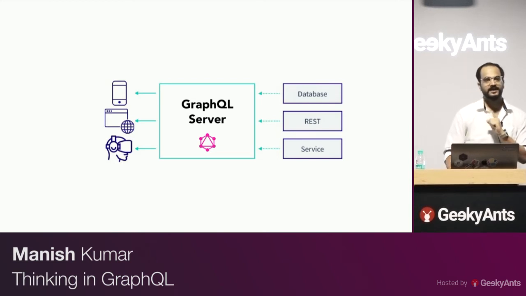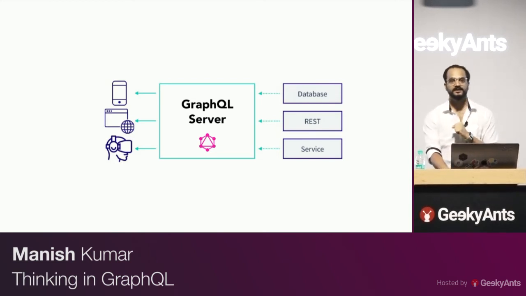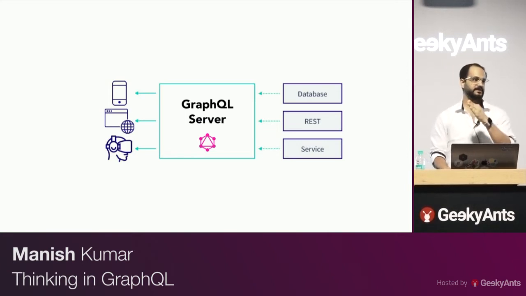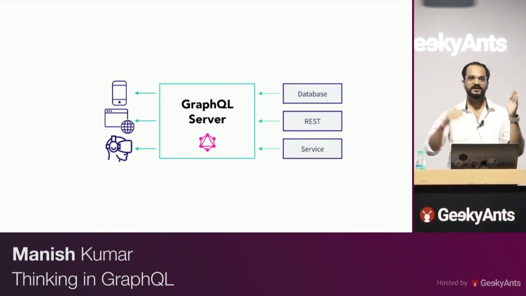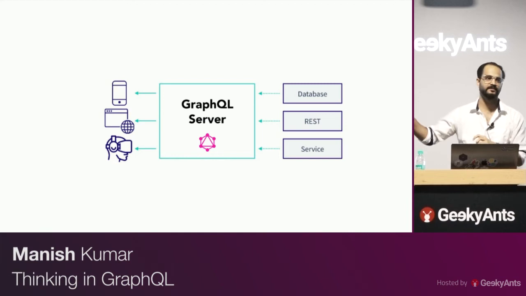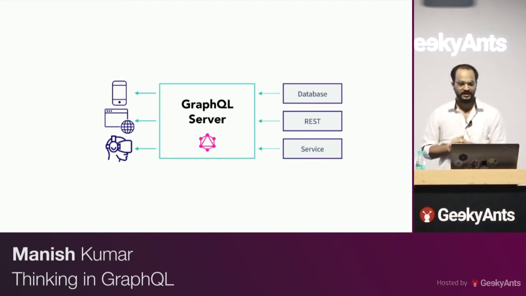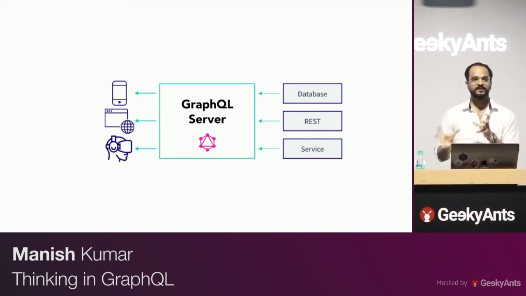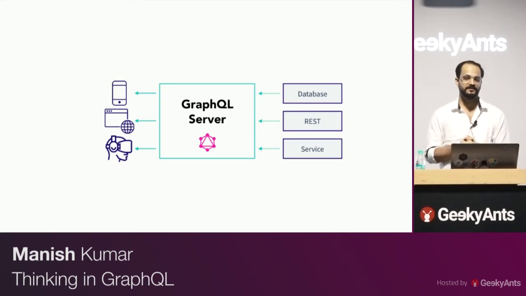And I've seen many people comparing it with relational DBs, that when you talk about a graph, there is a relationship, right? So there's a user and there's a relationship with comments and posts made by the user. I'm talking about a hypothetical example of, let's say, a blog. The relationship here is determined by how you define your schema. We'll discuss schema also going forward, but I just wanted to clarify that GraphQL is just a specification, and the implementation is completely in your control.